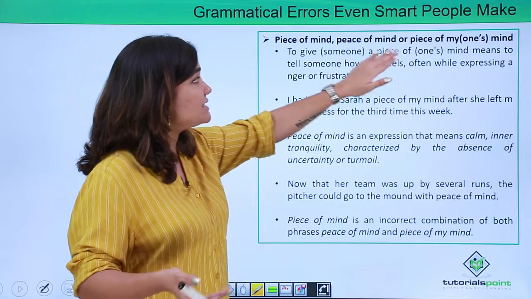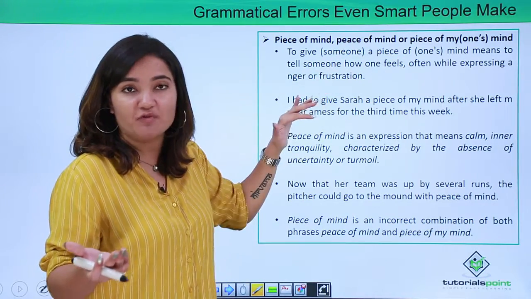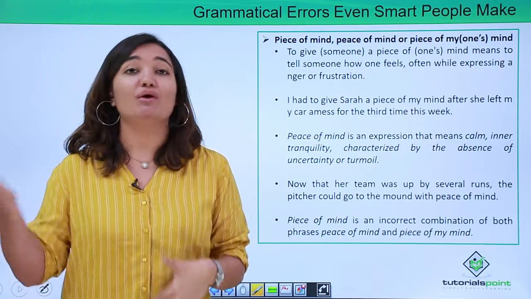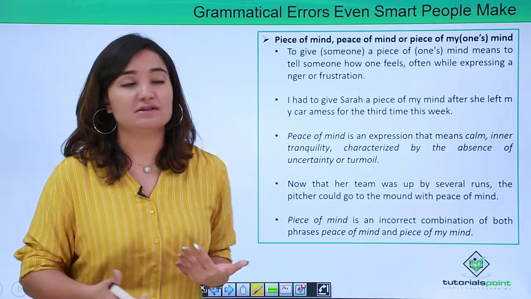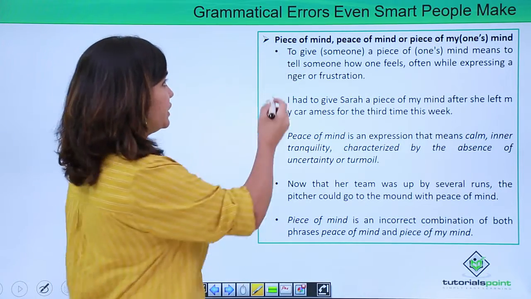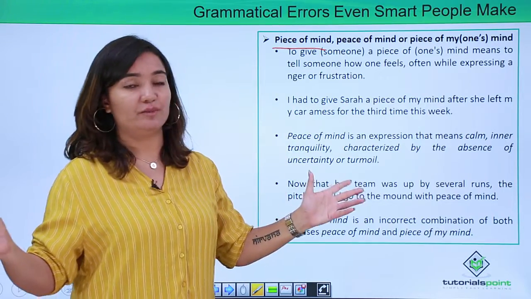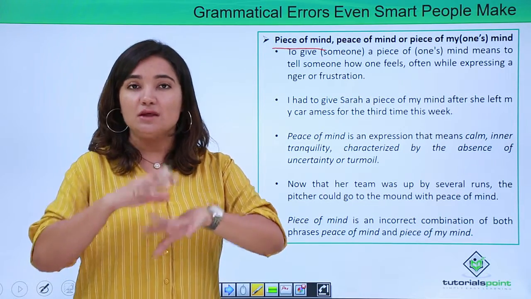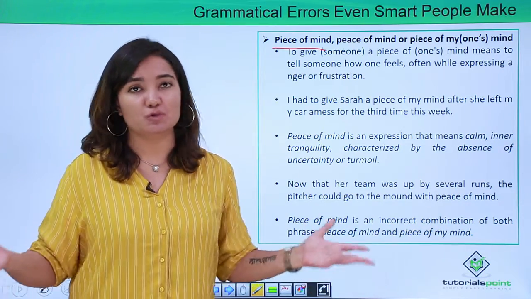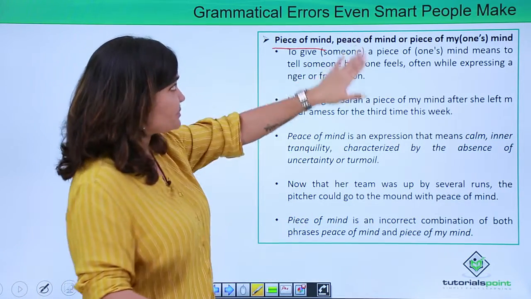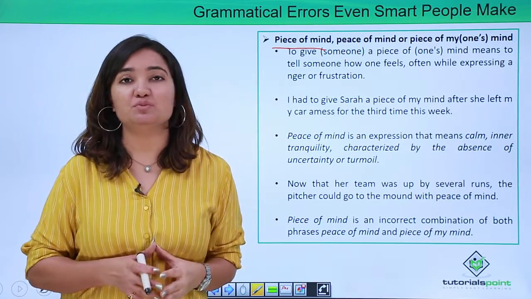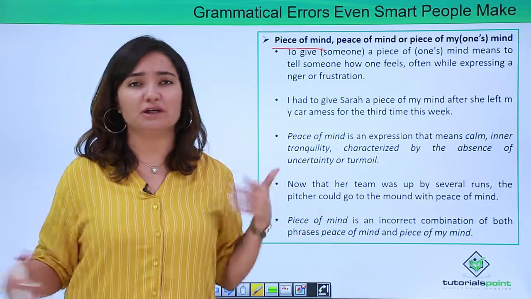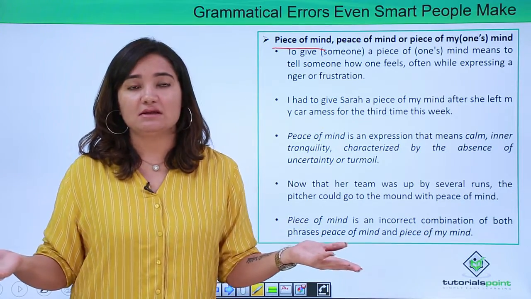For example, maybe we are intending to use peace of mind, but we might end up confusing it with piece of my mind or piece of one's mind. So what is the difference? Well, piece of mind, the first one, section of mind to be literal, is actually wrong. It is a huge error. You definitely do not want to use this anytime, right? Okay. Talking about this peace of mind, which means tranquility, and holistic eternal happiness or something, however you might want to define peace in your own terms.